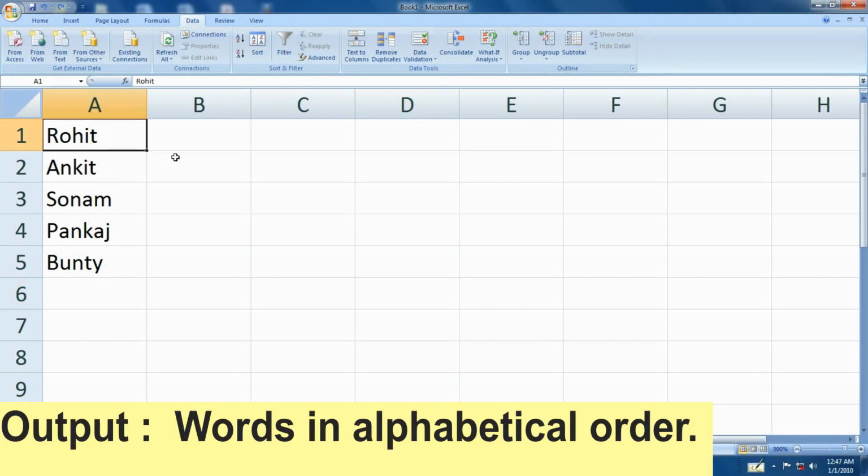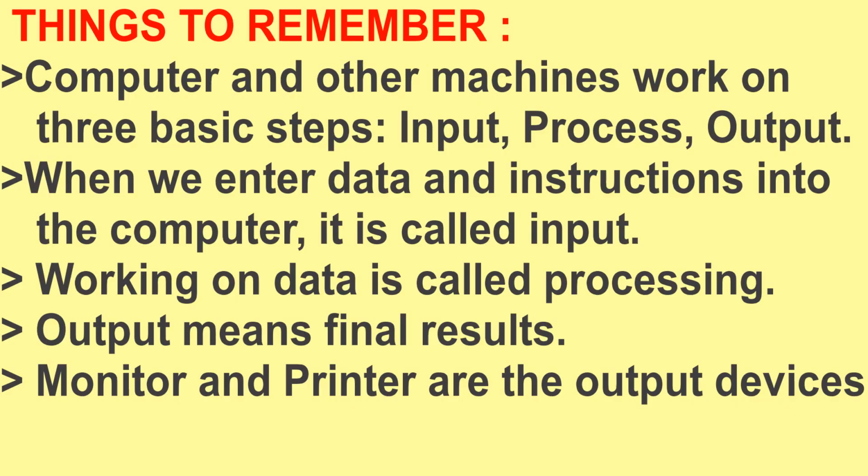Words in alphabetical order is output, that is A for Ankit, B Bunty, P Pankaj and fourth one is R Rohit, last one is Sonam.